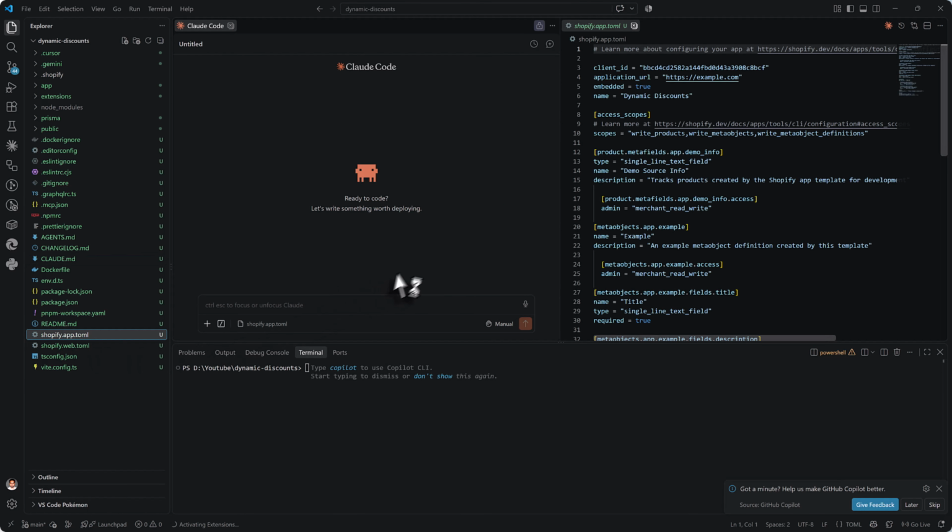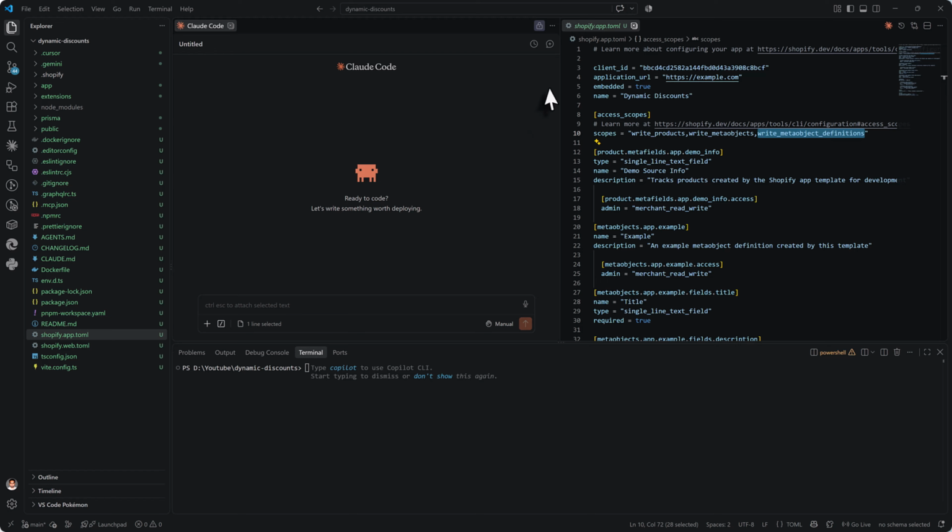If you go to the shopify.app.toml, we have write products and write metaobject definition, but we don't have write discount. So I will tell Claude, can you please add the write discounts scope to this app,